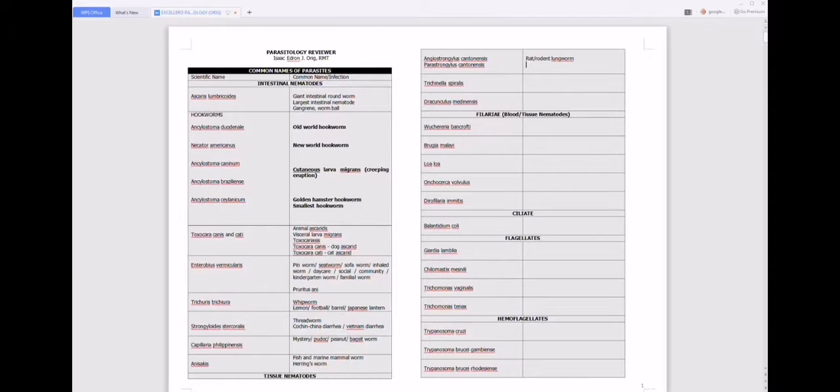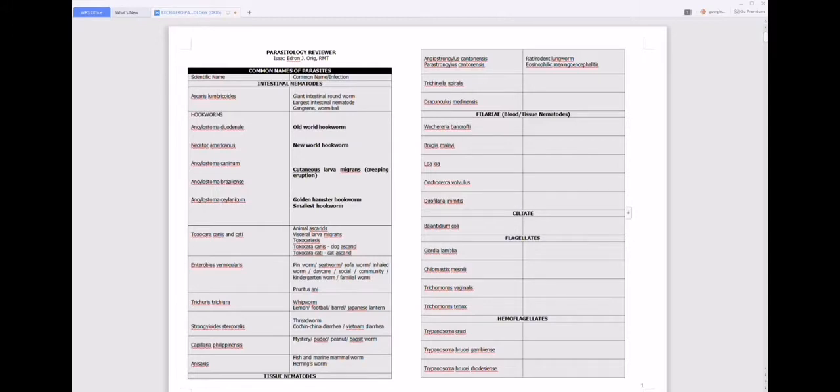And it can cause eosinophilic meningoencephalitis. So Angiostrongylus cantonensis can cause eosinophilic meningoencephalitis. Okay? So